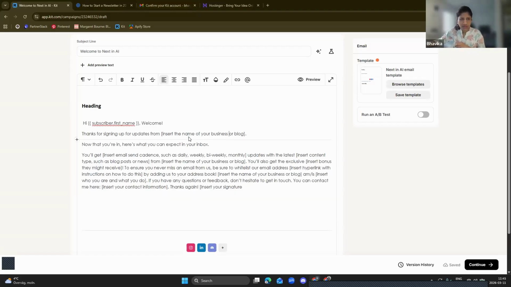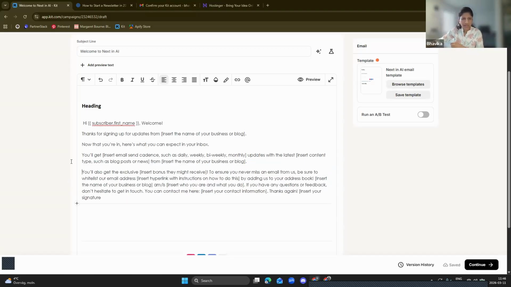Here you can insert: you will get daily, weekly, or monthly updates with the latest AI tools from Bhavika. So this is a template. It works for everyone. Then you will also get exclusive, if you have any bonus or any